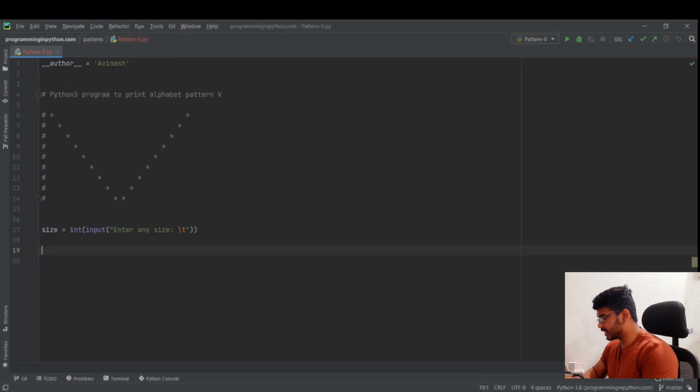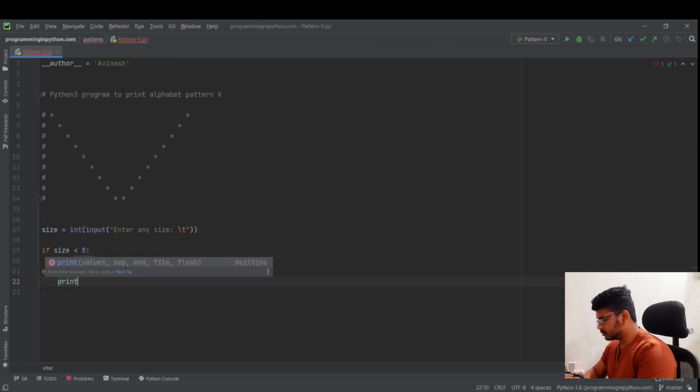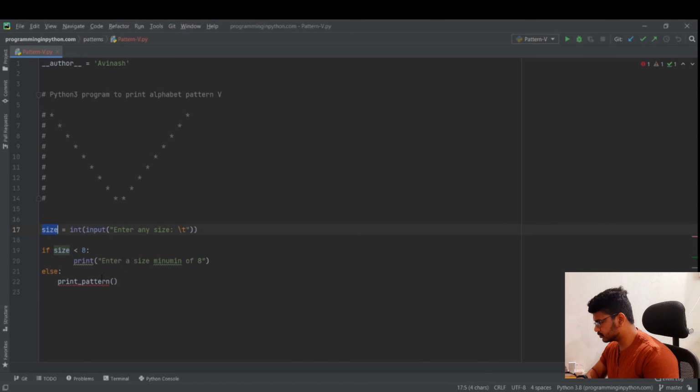Now I'll do a small check. Like if size is less than 8, I'll prompt the user: enter a size minimum of 8. Else I'll print the pattern here. Print pattern. I'll take this size as the input, and I'll do a small check here. As I said,